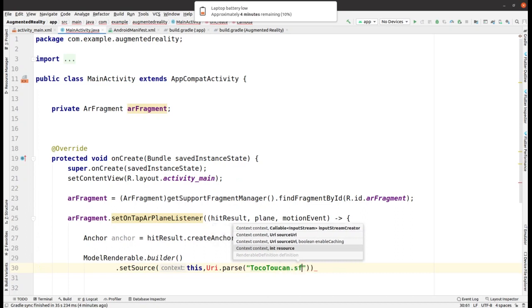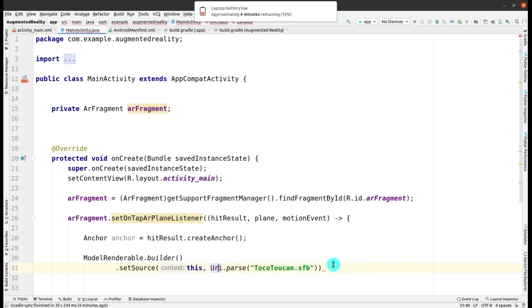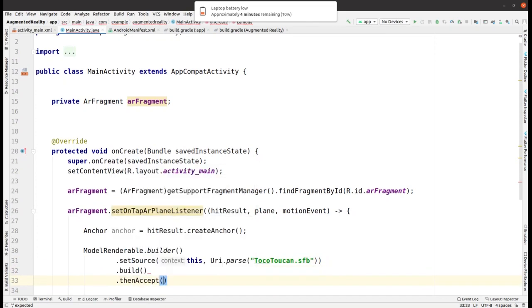So here I am giving the URI, or the location or the name of that thing. URI, you already understand, uniform resource locator is URL, but it is URI, it's almost the same, it's a path actually. Now you have to accept it and give that model renderable, and here you have to make something, add model to scene.